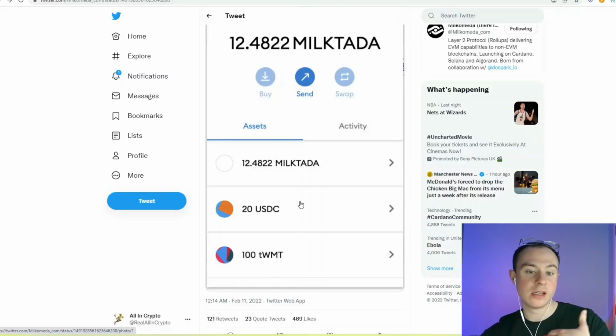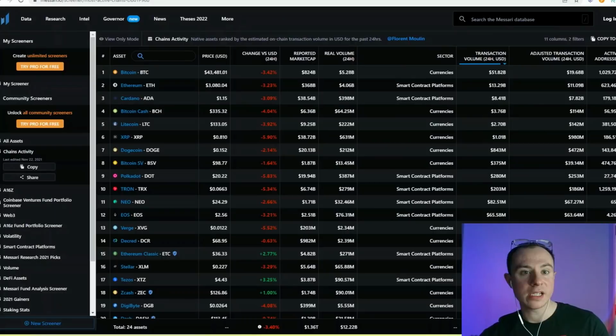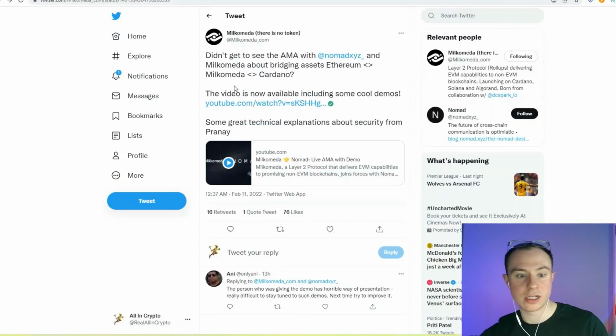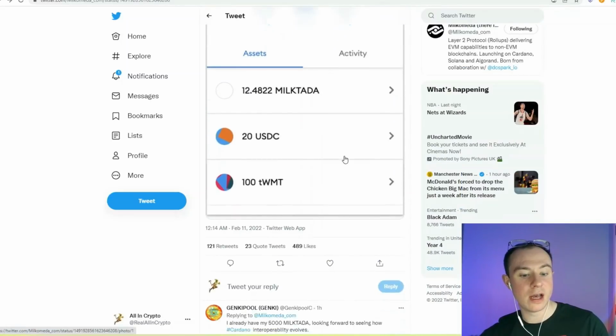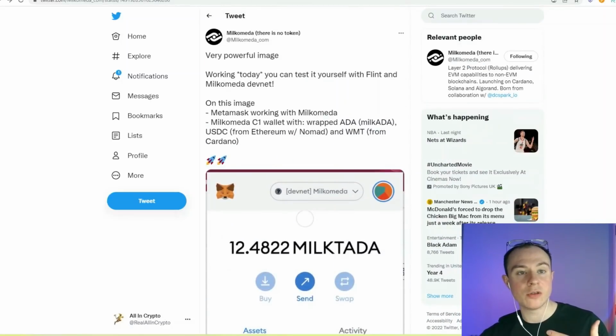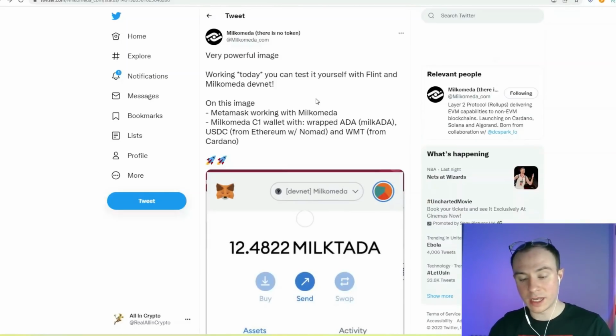People see them just sat in a wallet and go, okay, that's not very interesting. What can you do with that? But this would allow for the likes of cross-chain dexes and other things. Essentially you would be able to do what you can do in the DeFi space, just for one chain, in a multi-chain way, which I think is huge.